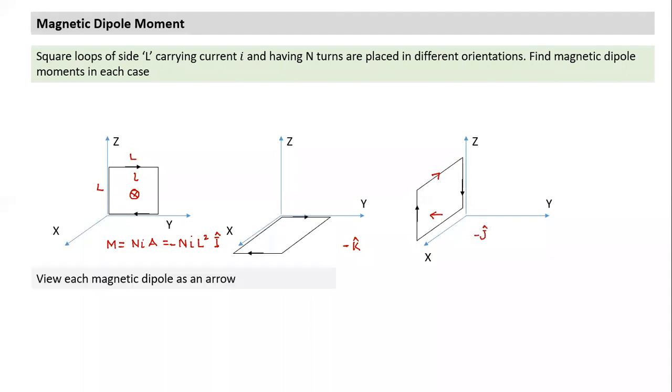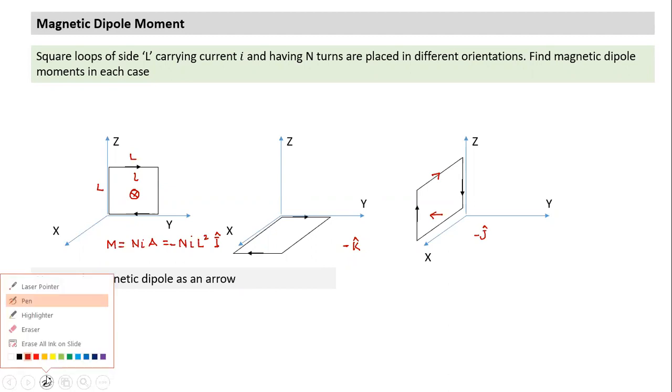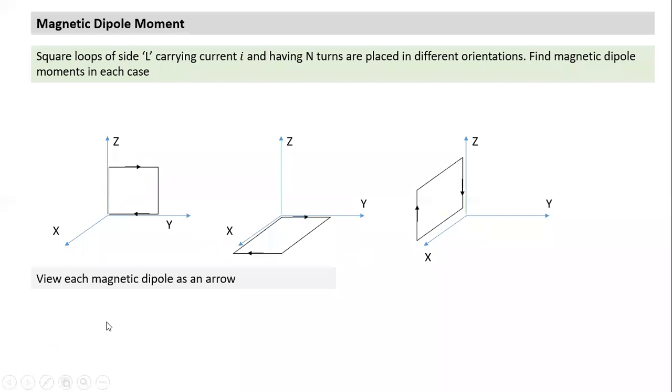Okay, that's one part. The second thing we need to do: though it is a loop, for solving certain questions it becomes much easier if we think of a dipole as an arrow, the way we do in the case of an electric dipole. If we think of this as an arrow, it makes things easier. So can you all visualize this as an arrow? In the first case, minus i cap. This is how the dipole is. The length of the arrow indicates magnitude, and the direction is like this. In this particular case, it is downwards.